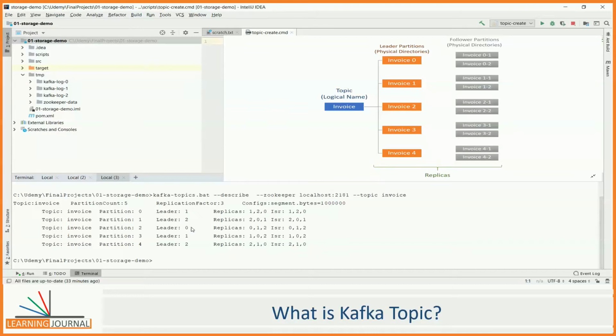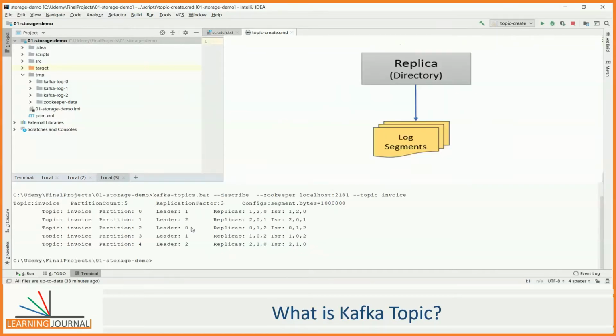Great. So we are done with the directories. These directories are there to hold log files where messages are stored. So the next thing I want to talk about is the log file. The messages are stored within the directories in the log files. However, instead of creating one large file in the partition directory, Kafka creates several smaller files. That means the Kafka log file is split into smaller files known as segments.